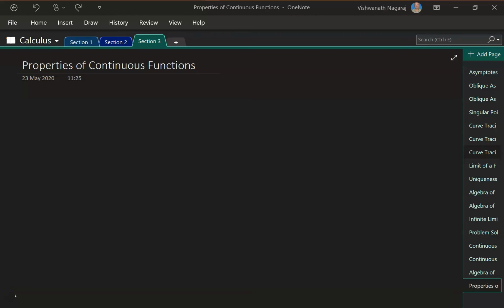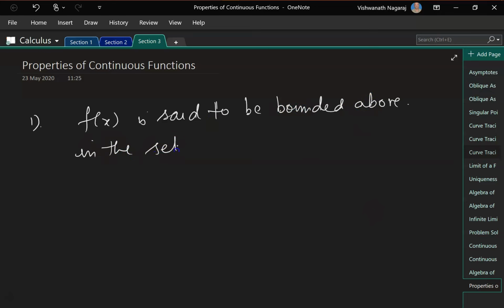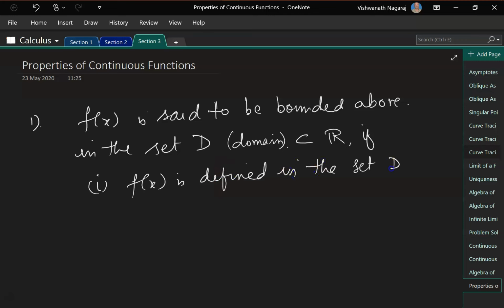Let's look at some properties of continuous functions. A function f(x) is said to be bounded above in the set D, the domain of the function, a proper subset of real numbers, if two conditions are satisfied: f(x) is defined in the set D, and second, there exists a value M, let's say, belonging to the real numbers,